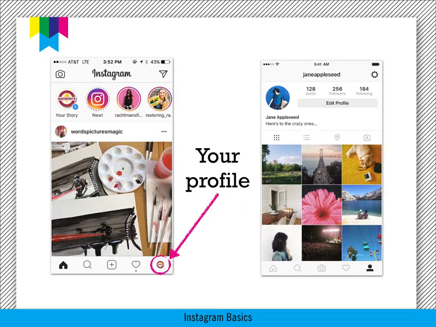Okay, and then on the bottom right is your link to your own personal profile account. And when you click that, it's going to look like this image on the right. You're going to be able to get back to edit your profile, or see your overall portfolio of images. It's going to show the listing by recent chronological order, what your posts are looking like. It's important to remember that people can scroll down and actually see everything